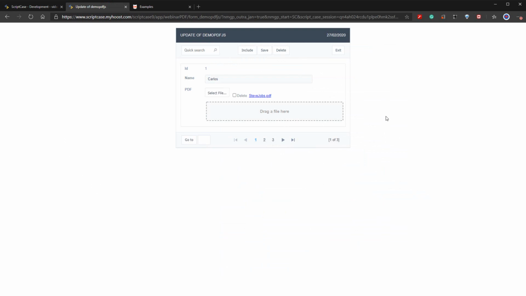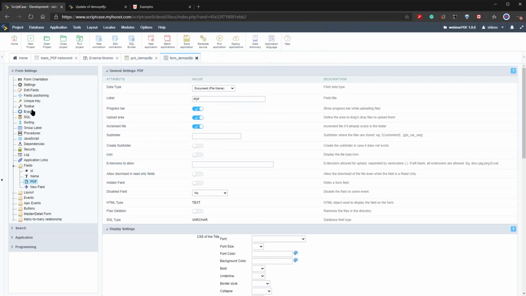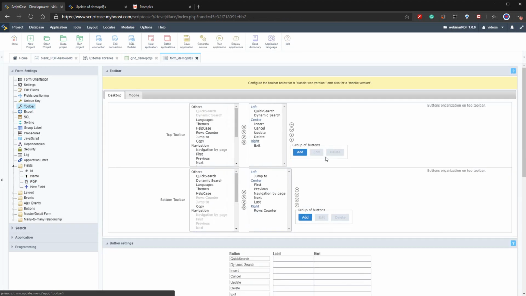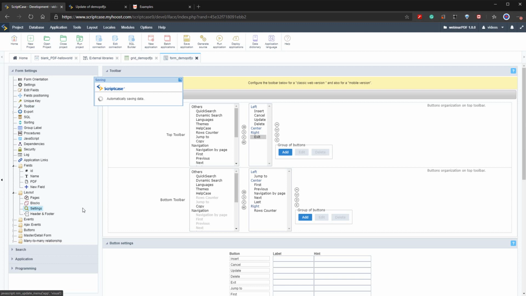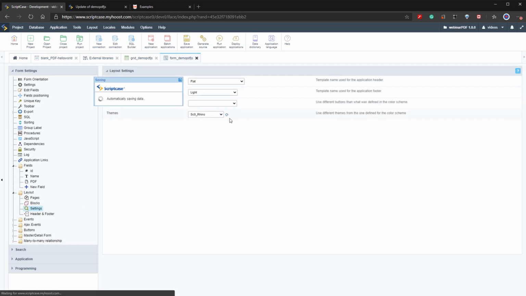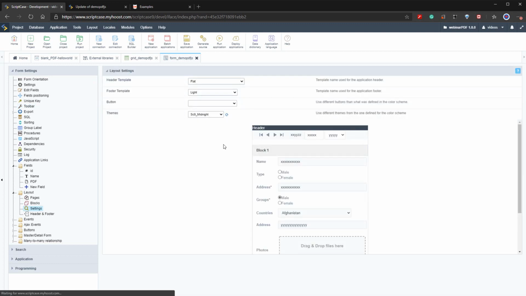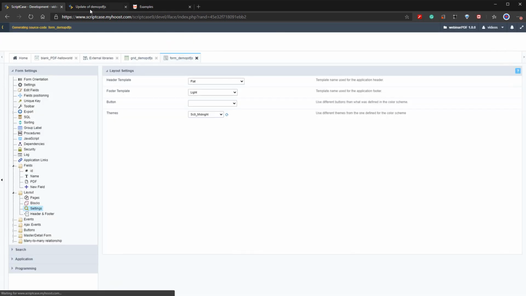we will now have a form application with an upload position where we can upload our PDF documents. Okay, so returning back to Scriptcase, we can then make adjustments to this navigation bar again. So let me remove the quick search. I will adjust the buttons over to the other side. We can leave the exit there, and we then also want to change the layout of this. So it is also using the same theme. So here we have the midnight theme, and if I run that again,